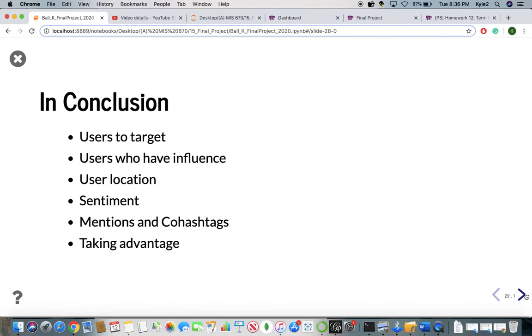So in conclusion, I'll go quick. I've covered a lot of this. Amazon can get a lot from this. With their scope and the amount of data that they can process and use, it's endless the amount of stuff that they can figure out and work with in order to improve their brand image. And there's a lot of value they can gain by using Twitter analytics and using the API in order to take advantage of that.